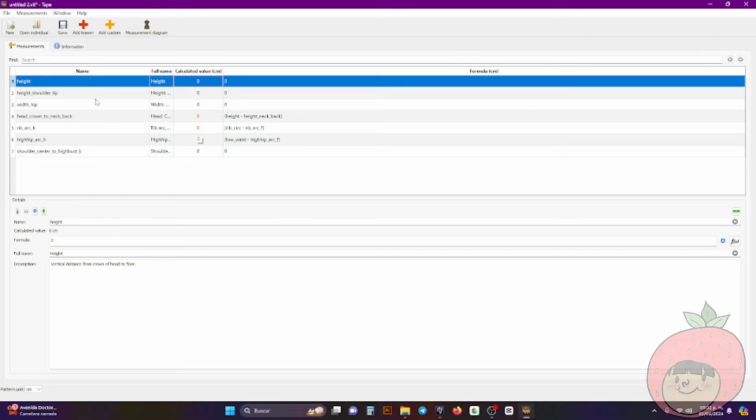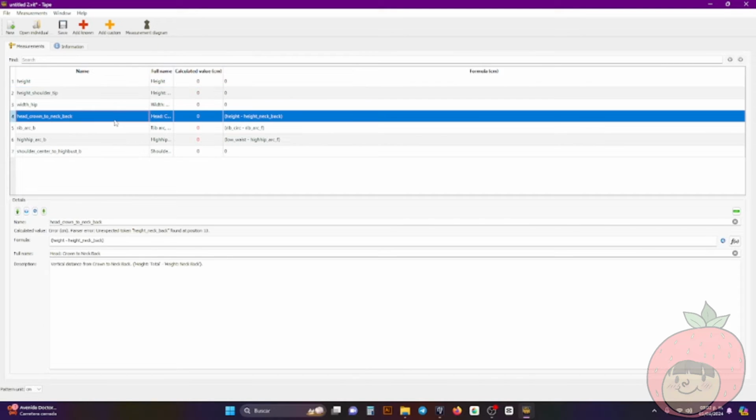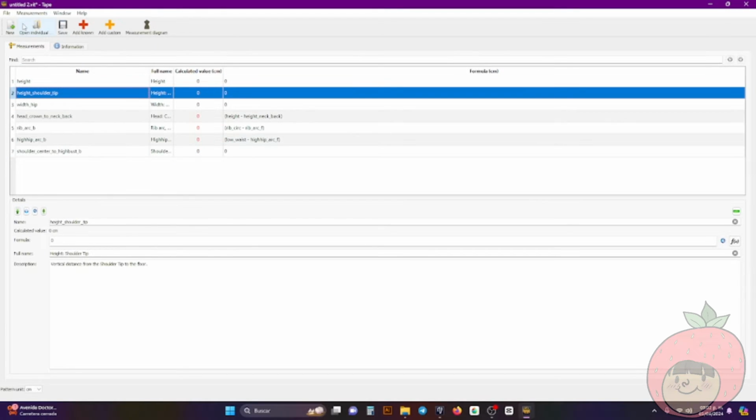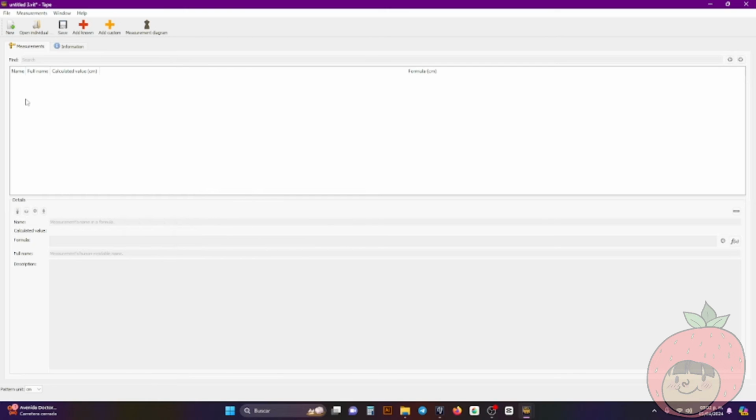All right, so I'm not using these ones because personally speaking, I don't like the names of these ones. I find them a little bit large or longer than I would like them to be. So I'm going to be making my own. All right, so I'm opening a new one, individual, of course. Okay, so just like I showed you how to make them,